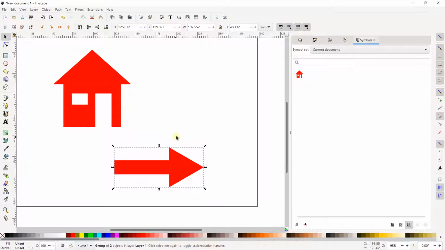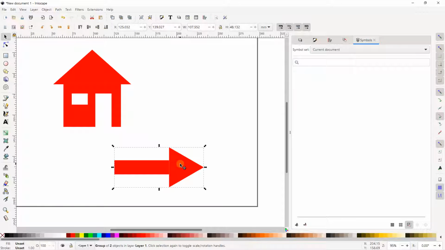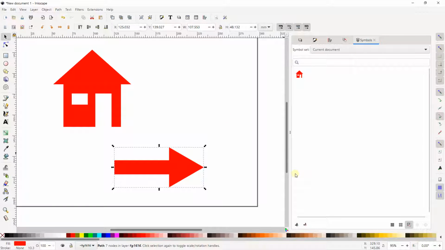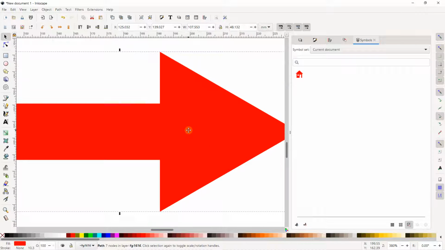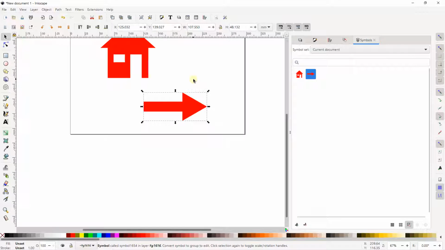After, I can create another symbol. I created a group here, but I can also go on Path and Union. So I can select this and go on Path and Union, it's going to be better. The next step is to create a new symbol, and now I have this symbol as well.